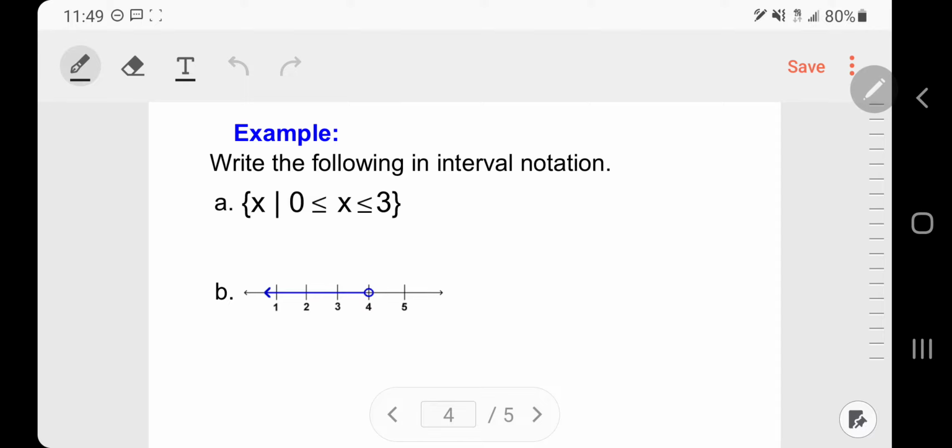Okay, so here we have a set notation. Okay, so it's x and it's 0 to 3. So if I was to write this one using interval notation, it's going to be both brackets because they both have an equal to. So I have a bracket 0 to 3 and another bracket. Those again represent the same thing. And in B, we have a